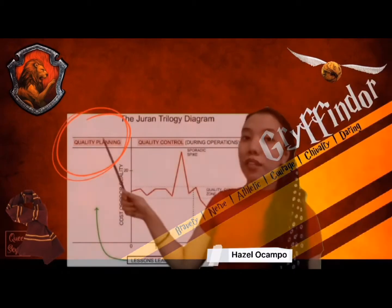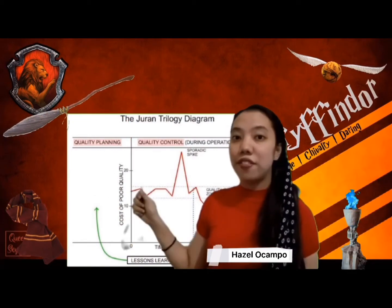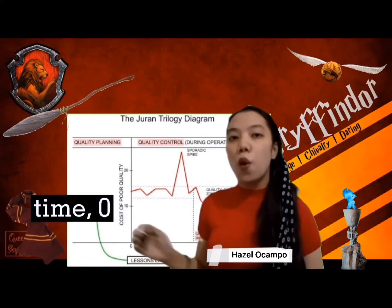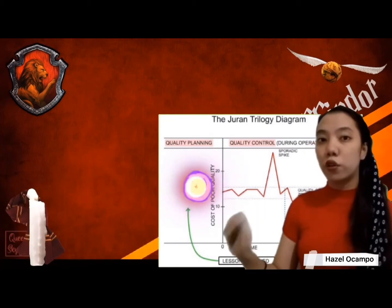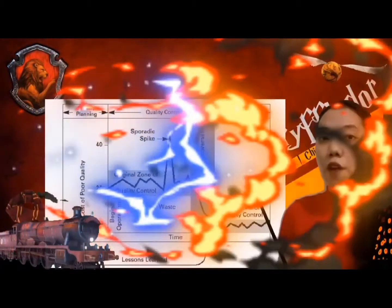As you can see, the quality planning activity starts before the production operation. And this one is the plot of time versus percentage defective, which starts at time 0. Once the process begins, deficiencies in the product will be found and could be as high as 20%. This high level of defects is called the chronic waste region, or the cause of error in the planning process, followed by